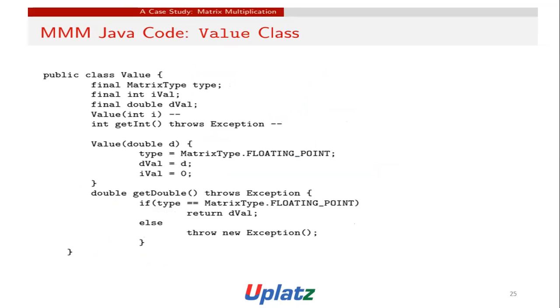Java code, Value class. public class Value { final MatrixType type; final int ival; final double dval; Value(int i) { ... } int getInt() throws Exception { ... } Value(double d) { type = MatrixType.FLOATING_POINT; dval = d; ival = 0; } double getDouble() throws Exception { if (type == MatrixType.FLOATING_POINT) return dval; else throw new Exception(); }